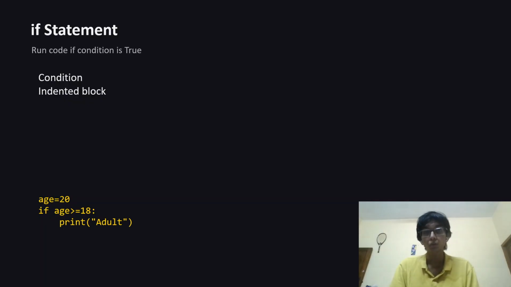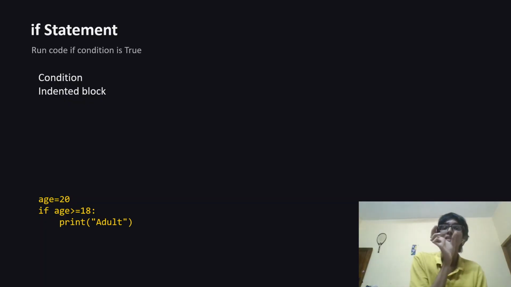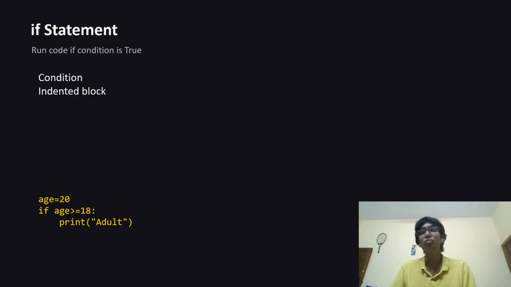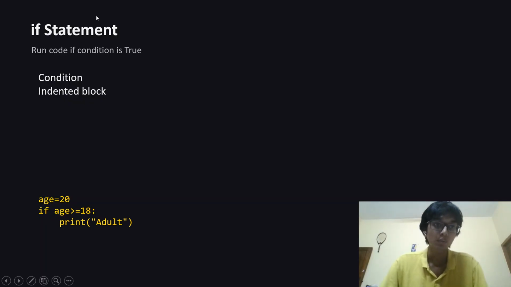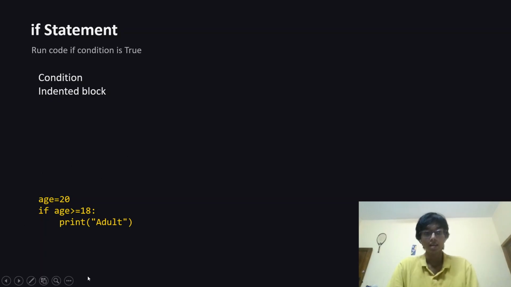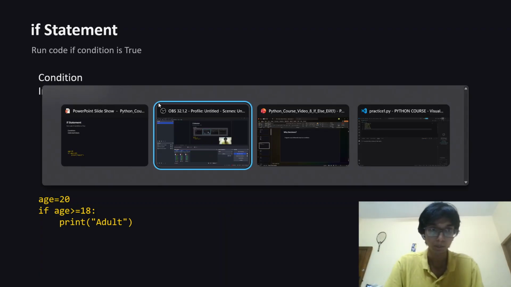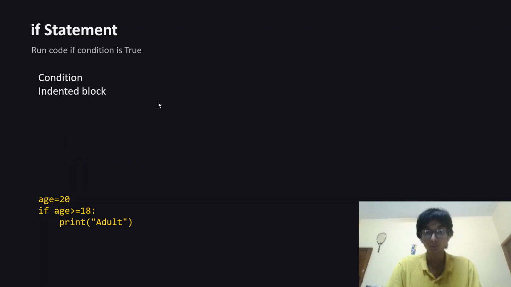So you either use a single tab or you use four spaces. This is the common syntax for an if clause or an if code block. I'll show you in